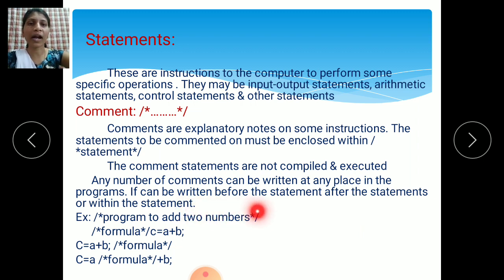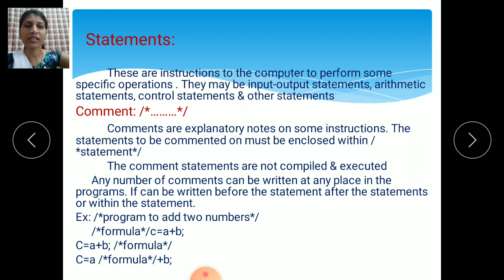If you want to know which type of program it is, you can write it using a comment, program to add 2 numbers. Then if you want to show that something is a formula, use a comment in your program. So formula: C equals A plus B, before the statements, after the statements or within the statements.